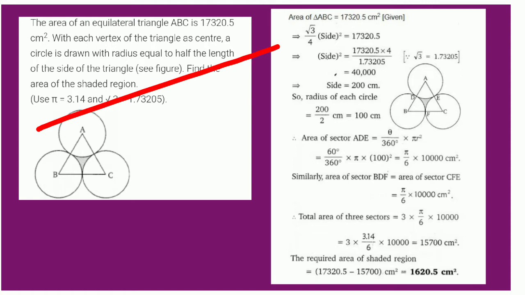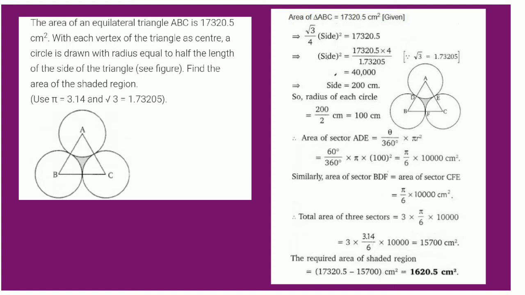The next question. The area of an equilateral triangle ABC is 17,320.5 centimeter square. With each vertex of the triangle as center, a circle is drawn with a radius equal to half the length of the side of the triangle. Find the area of the shaded region and use pi equal to 3.14 and root 3 equal to